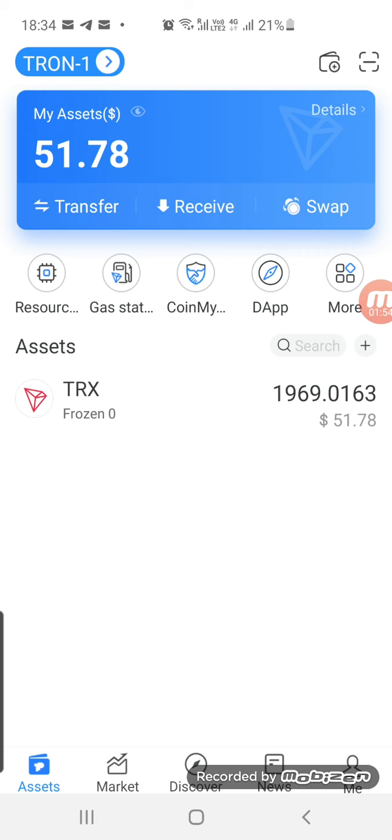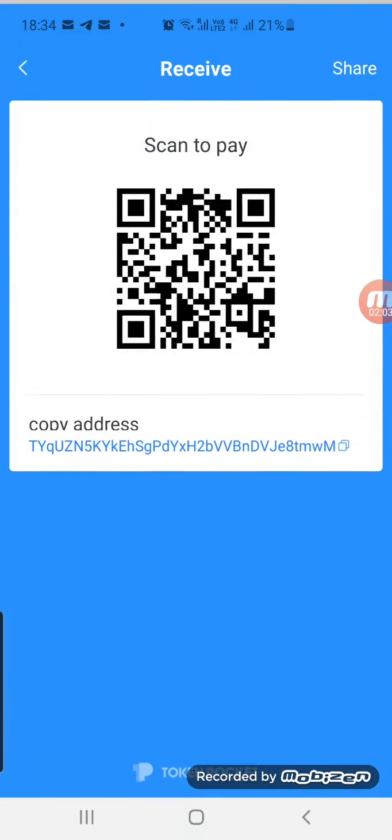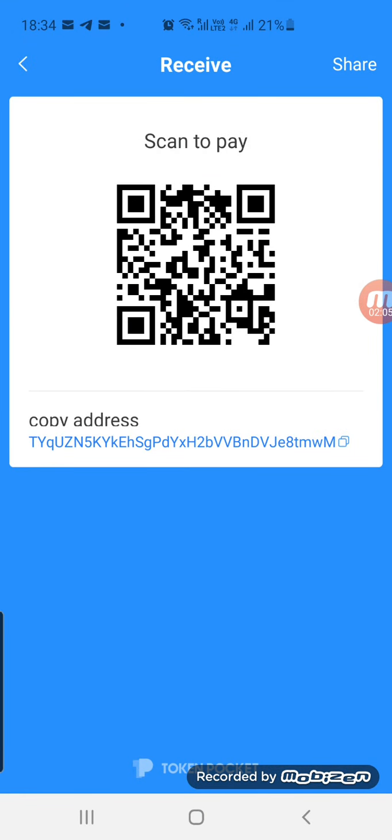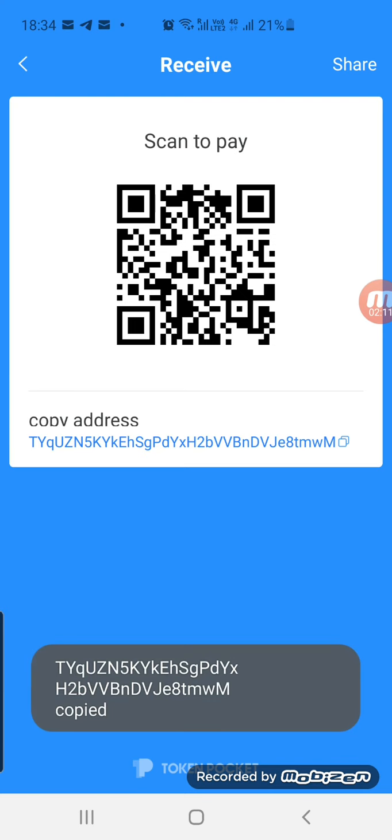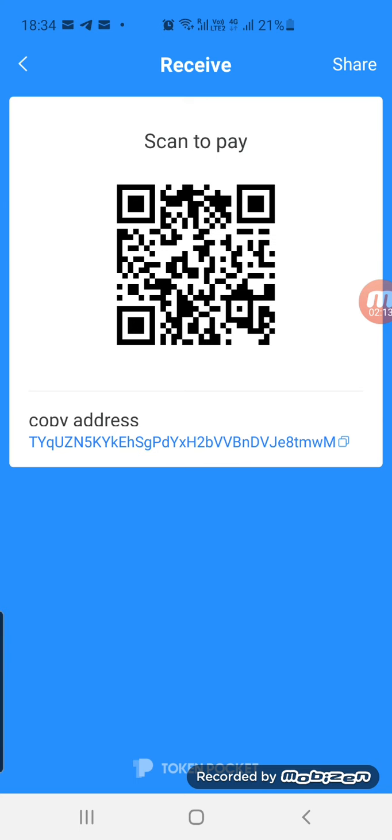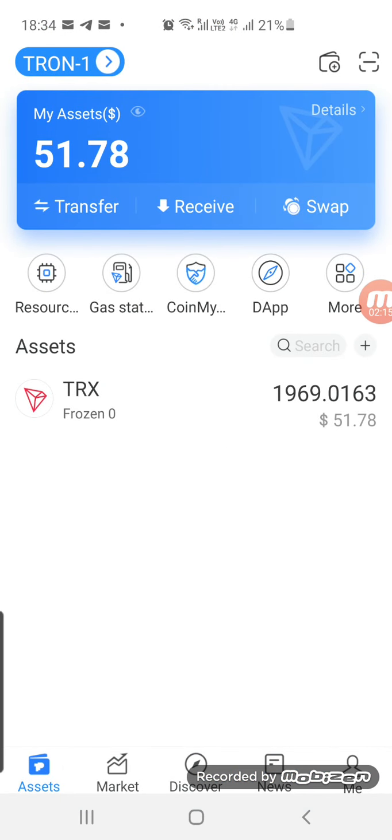If you see below the 51.78, there is transfer, receive and swap. I'll click on receive and copy the address, not the scan, copy the address. It says copied.